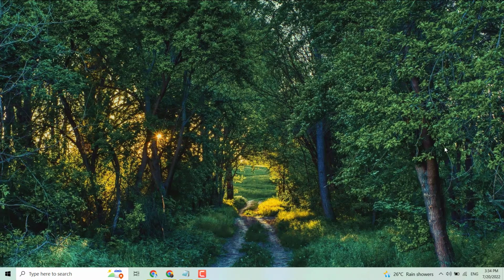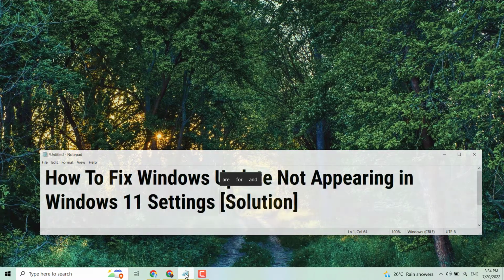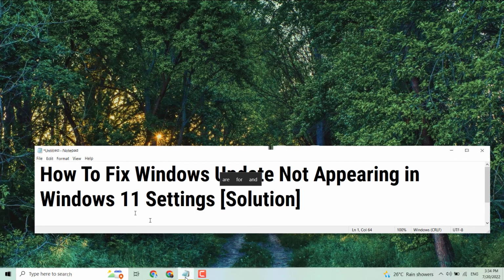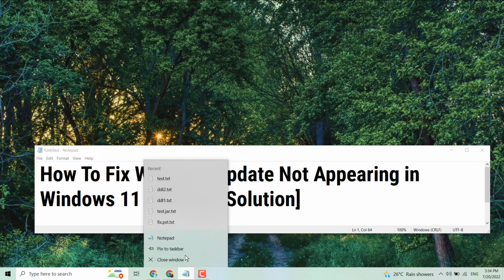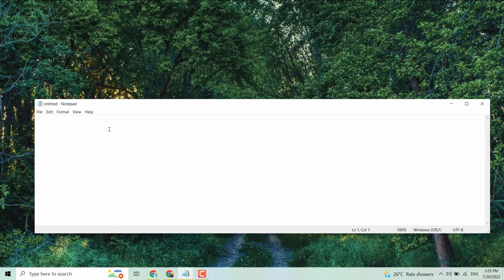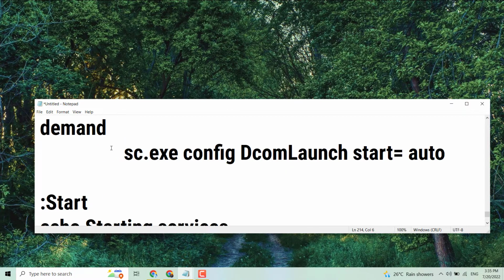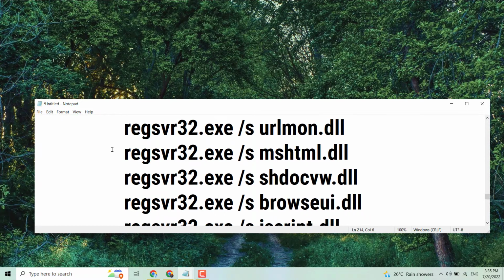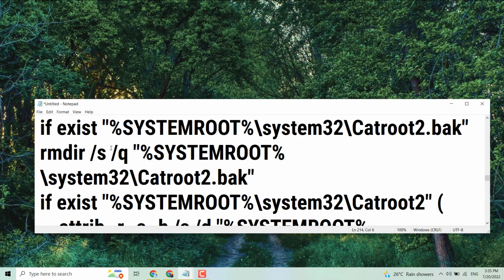Firstly, open Notepad. Now copy and paste this code. I will give a link for this code. So copy and paste. Now here, click on File, click on Save As,